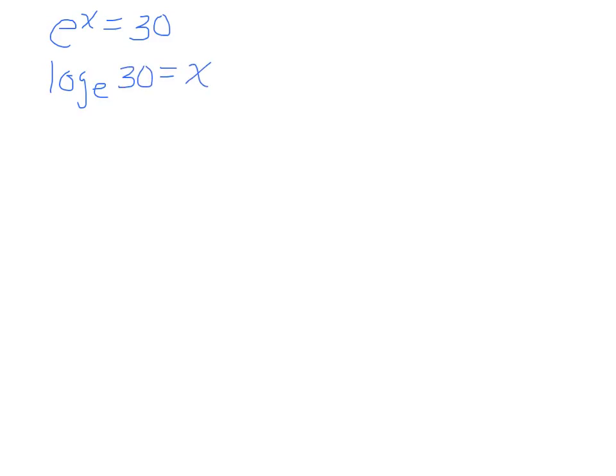But if you search your calculator, there is no way you're going to find log base e. I mean, you could actually put it in log and then type in the e and go from there. But what you could realize is that log base e actually stands for ln, and there is an ln button on your calculator. Ln and log base e are the exact same thing. They're called natural log. So it's ln of 30 equals x. You can put that in your calculator very easily and get the answer. So if I go ln of 30, I end up with, let's say to the nearest tenth, 3.4. All right, let's do another